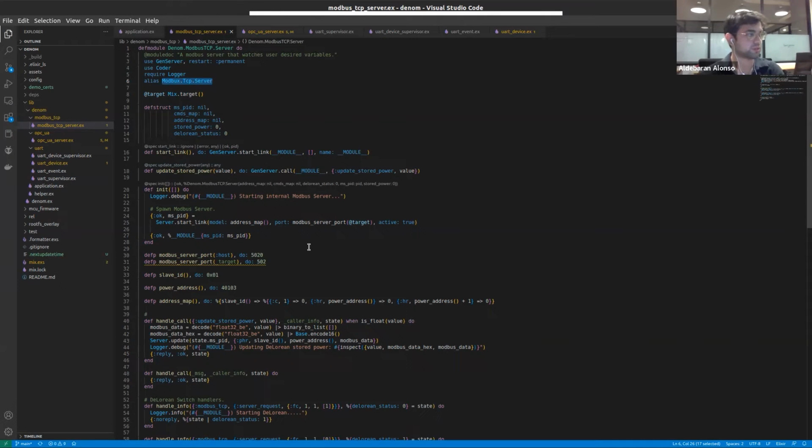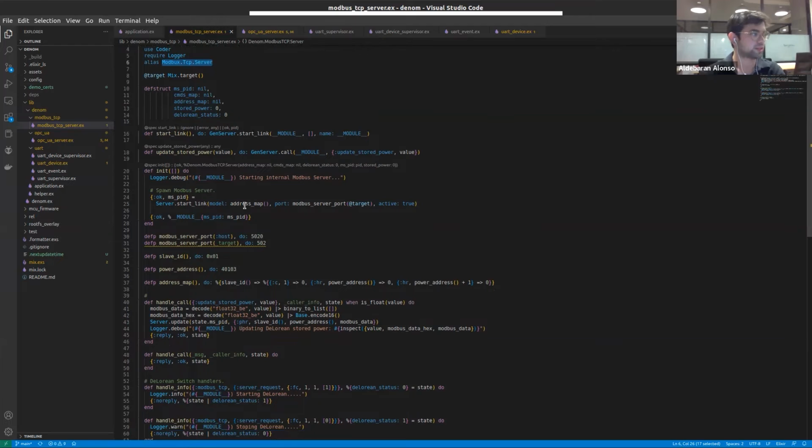The Modbus server uses the Modbux server, as I said before. So for the Modbus server, you have to create an address mapping. As I said before, Modbus is quite old, so you have to create a table of addresses, and in that table you have to map the data that you shall be exposing. Also, you have to declare the port that you are going to be exposing. For Modbus, the common port is 502. But since I am running on the host, using Linux, these ports are not commonly available, so I changed it